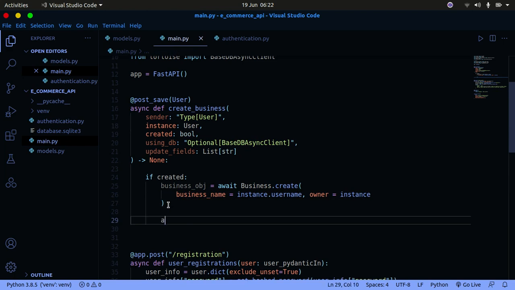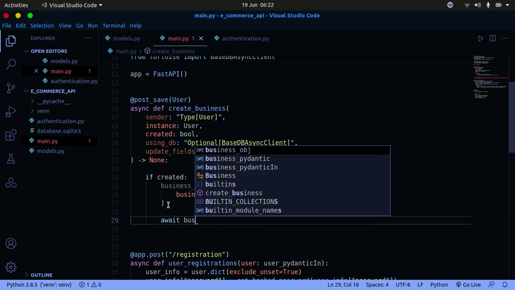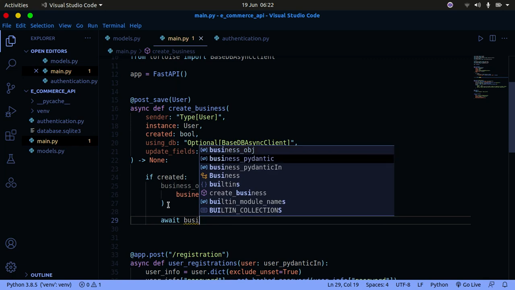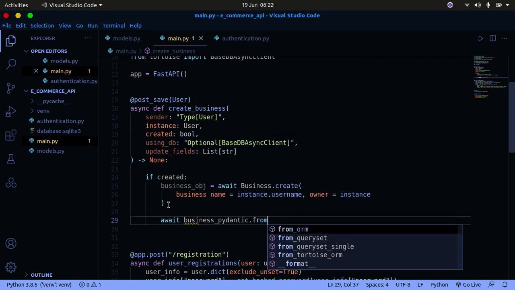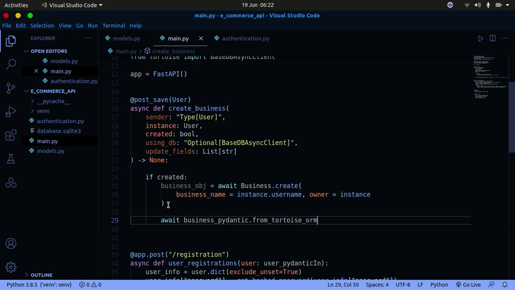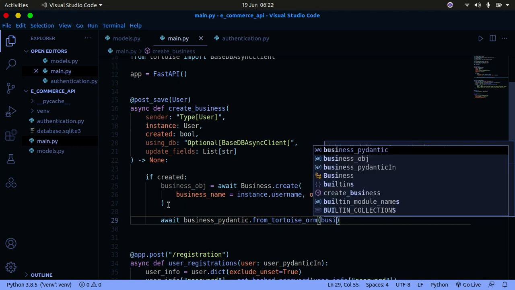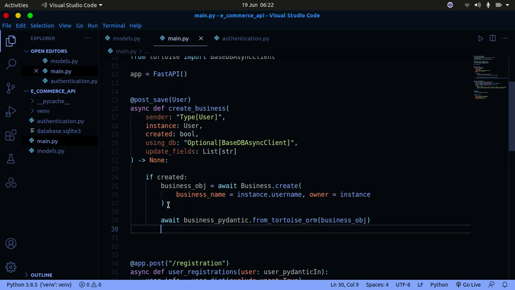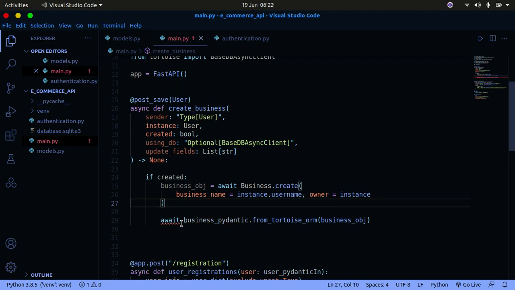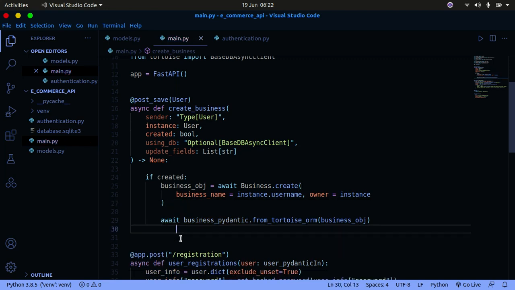Then after that, you're going to say await. You're going to await this process. What you're going to do is say business pydantic dot from_tortoise_orm. For Tortoise ORM, you're simply going to pass in the business object that you have just created. It's going to return it as a pydantic object, and from there we're going to be able to